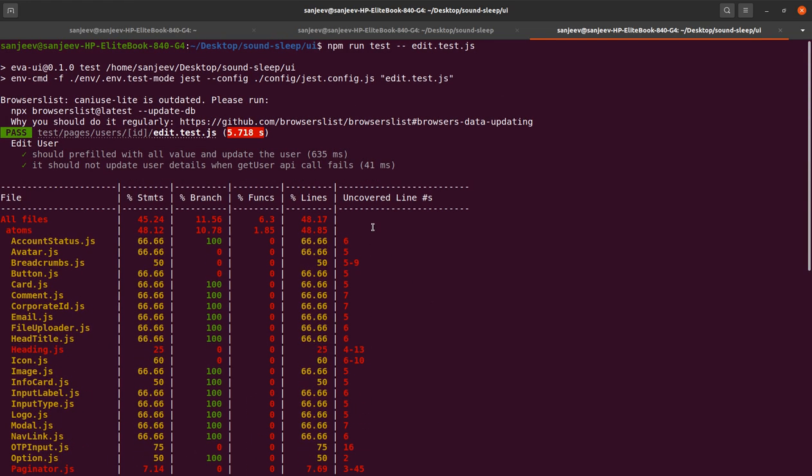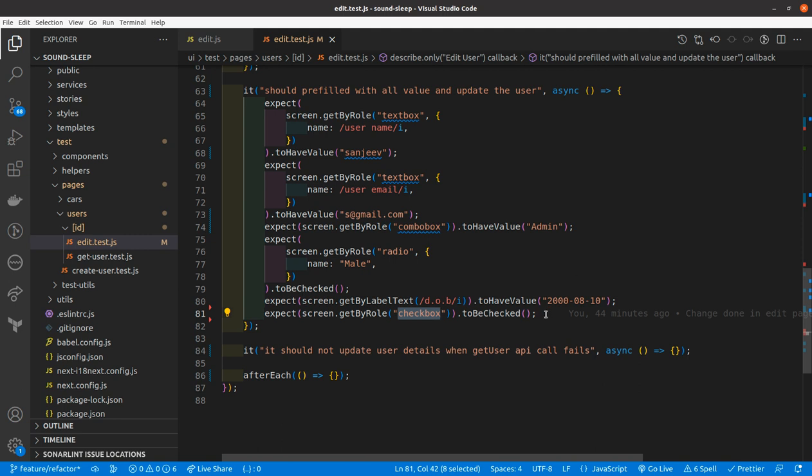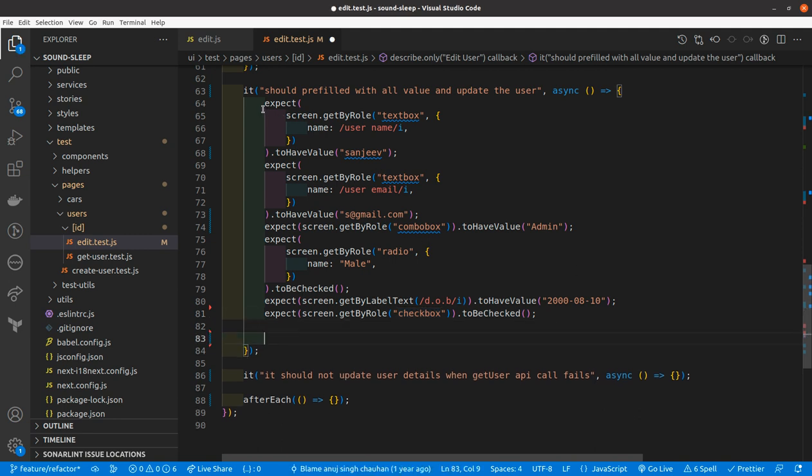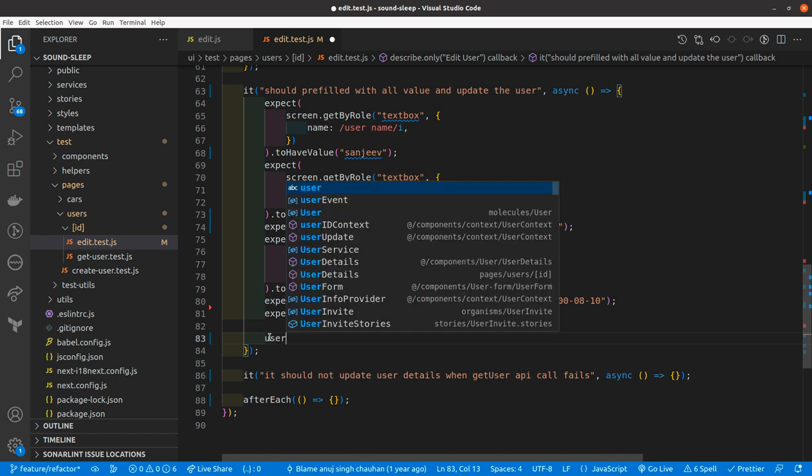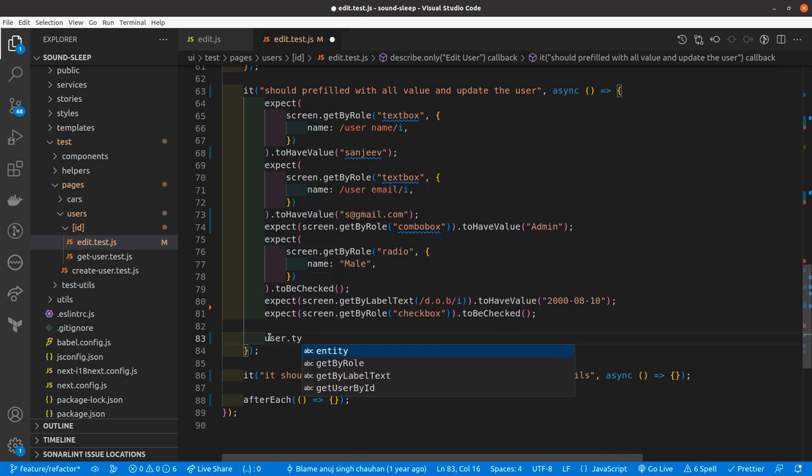Now the test cases will be passed. It should be pre-filled with all the values and update the user. So if I want to change the name, we can do that. Like we need to track the event. I'm typing here,